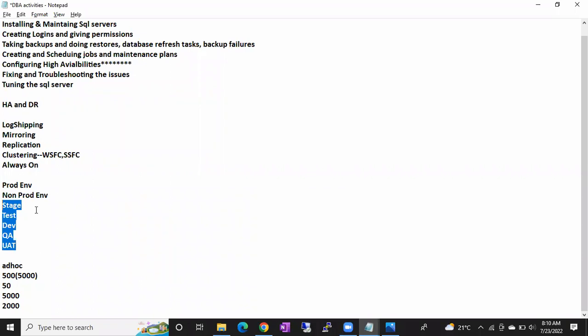Now you are purchasing one smartphone. This is live data. What will you do? You will go to Amazon, select the product, select the address and all. You will give the credit card or debit card information. You will buy the product. This is your live data, right? You are purchasing a product, so that will be stored in the production servers. I want that live data in the non-prod servers. How can I get it?